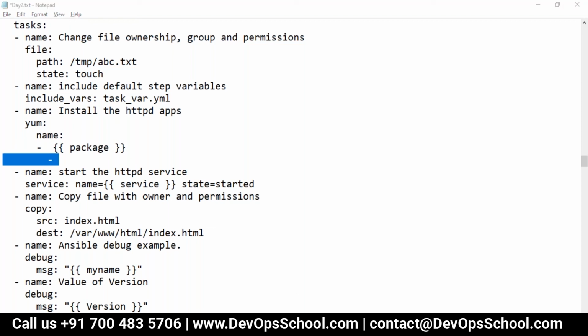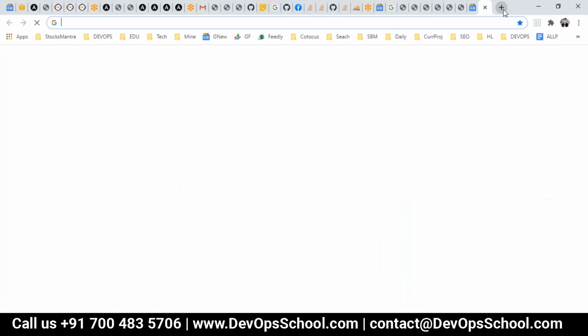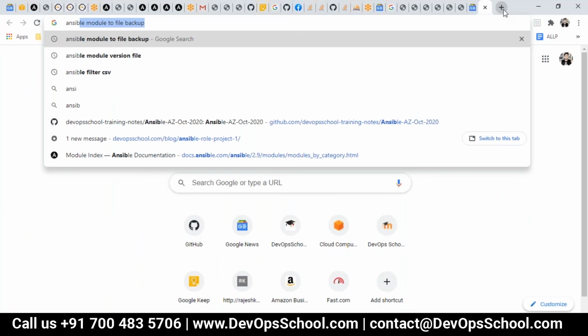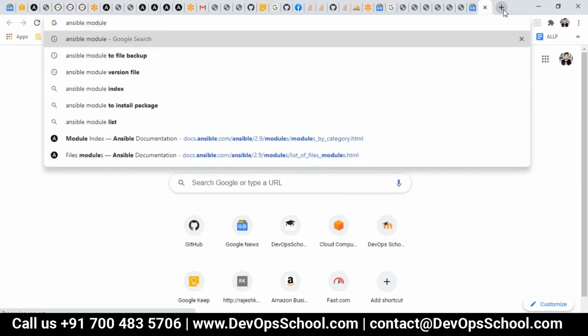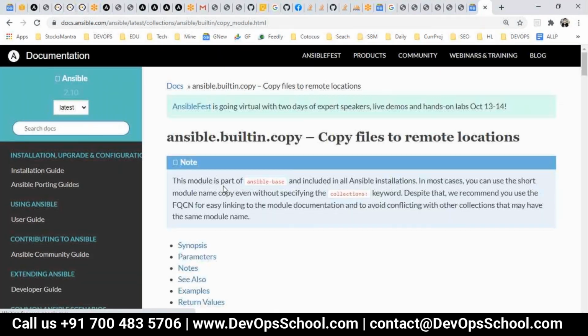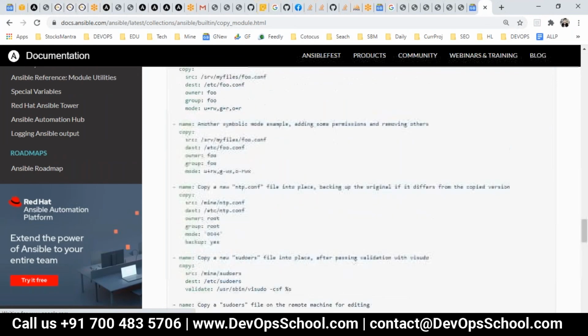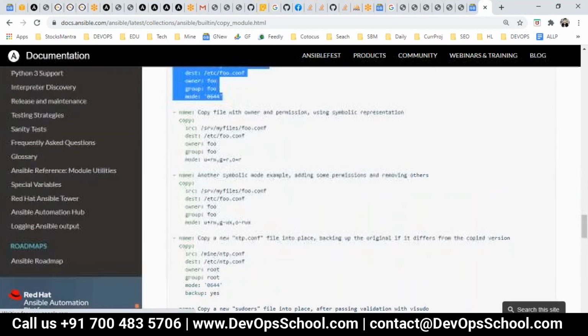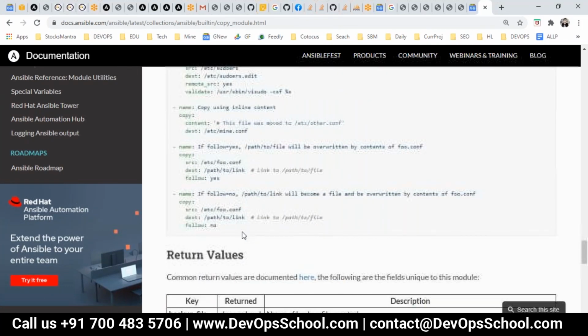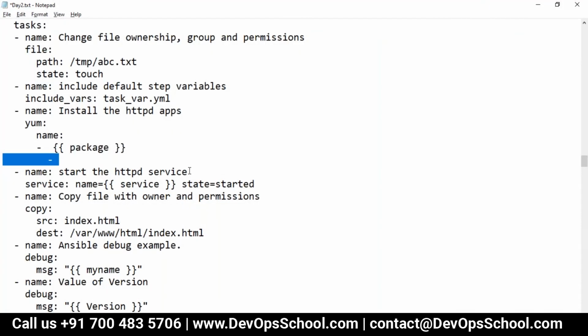Just a simple way I would say, I'll go to the Ansible module, let's say the copy module. I'll go to the examples, copy paste, and convert into the variable. So typically I used this, because YAML has lots of specifications to be followed. You see here, this is one of the ways to write. Let me show you here, variables are not there in the example, but like this. So you don't have to stick to that specific format.